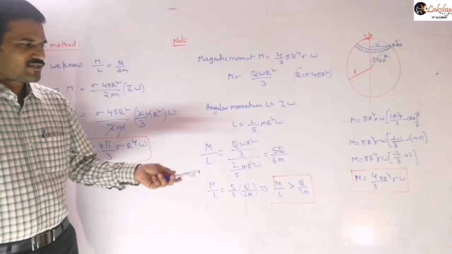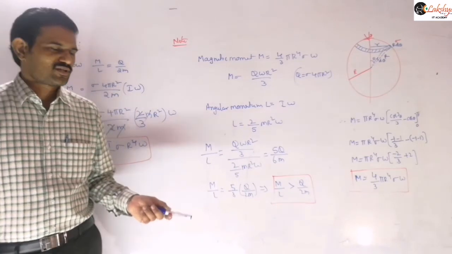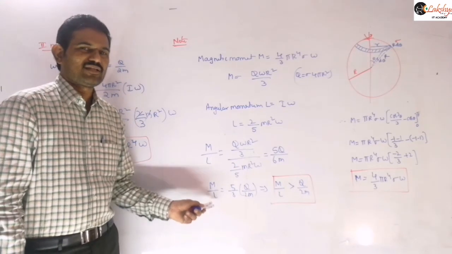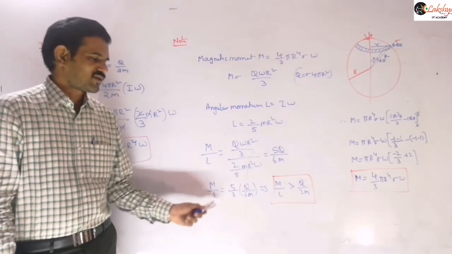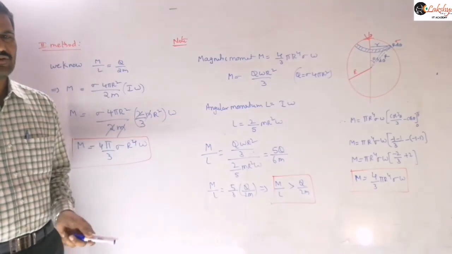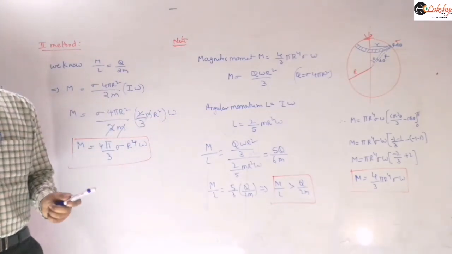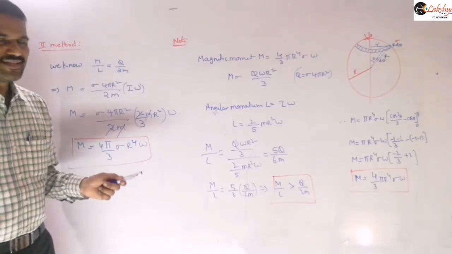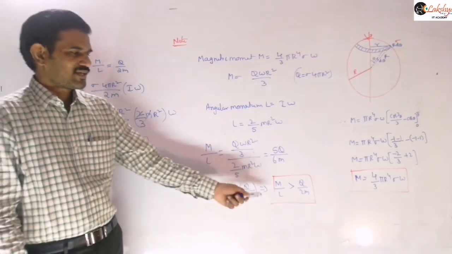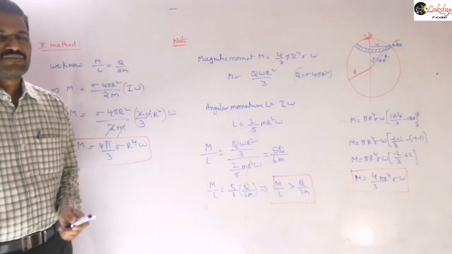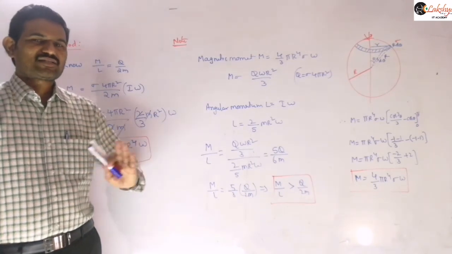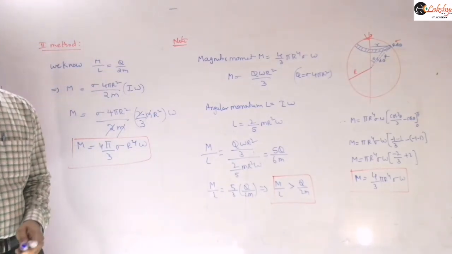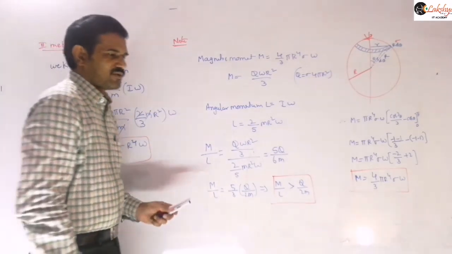And then again you will get a similar calculation here. That means this is the case where the M by L ratio is not valid. M by L is not equal to Q by 2m. So note that clearly here. For a solid conducting sphere, automatically charge will be distributed on the surface only, so M by L is not equal to Q by 2m. Actually it will be greater than Q by 2m. The reason is the distributions are different. Mass is distributed throughout the volume, but charge is distributed only on the surface, right? This is the important point you need to write there.